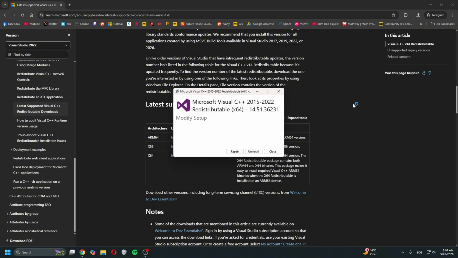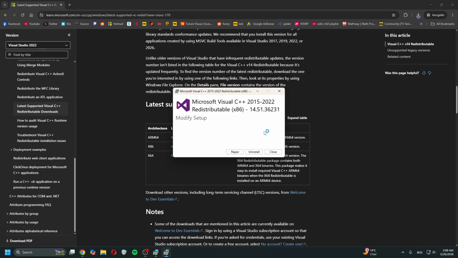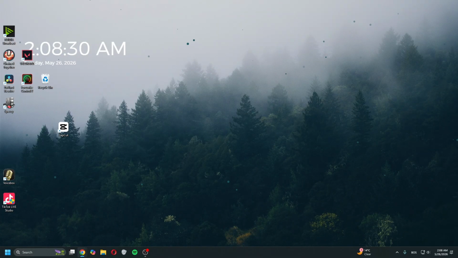you want to install it by clicking open and then installing it. I already have it, but you simply click on it and then install it. And you want to do the same for the x86. You download it and then you click here to open the file and it will install the file. And that's it. That's how you fix the Subnautica 2 Microsoft Visual C++ Redistributable